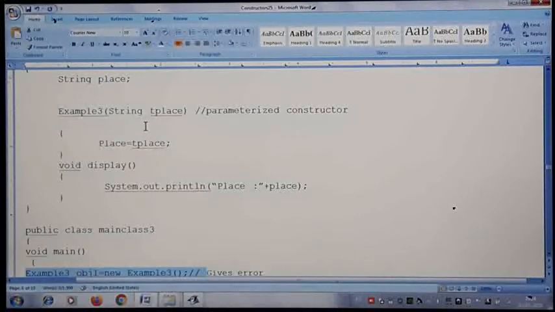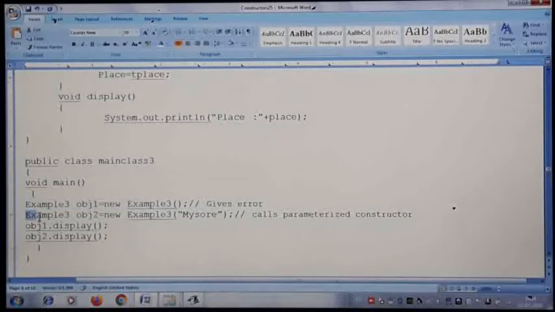So it is compulsory for me to create an object by passing one argument to the constructor. Only this way I have to invoke. So the first style of invoking will give you an error message. This type of invoking is not possible where we have only a parameterized constructor. Only the second way I'll be able to call the constructor. And remember, when you write a constructor, the compiler will not supply any constructor to your program. That is the reason this statement is not possible. Only the second one.